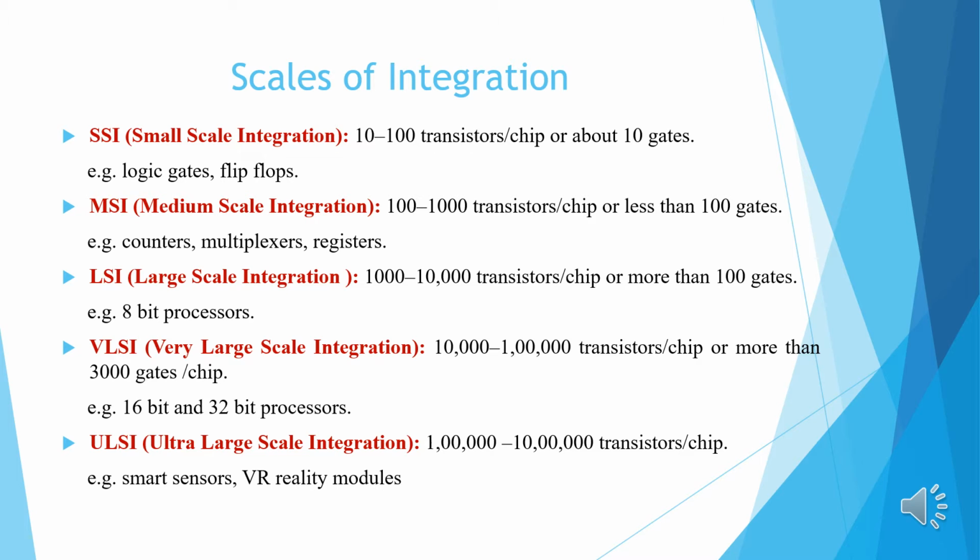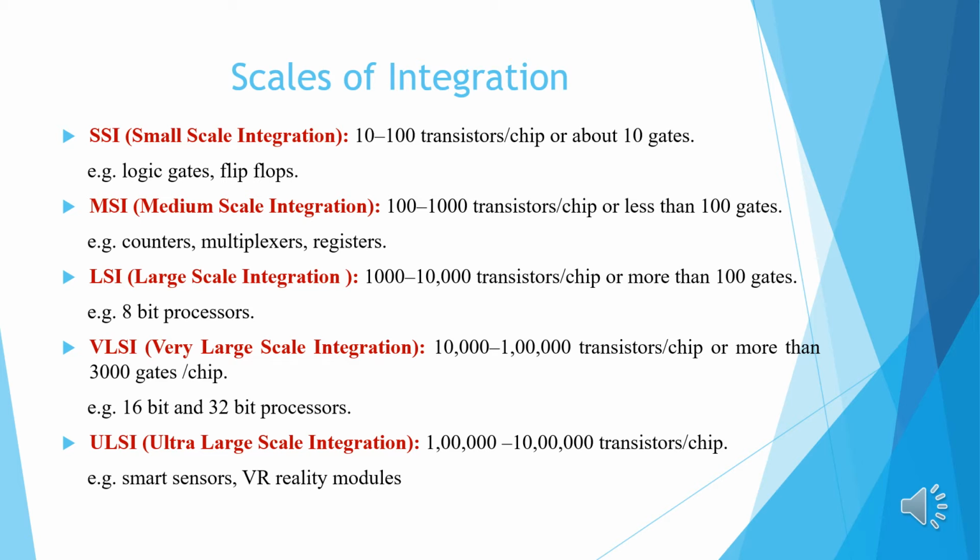An IC combines both active elements like diodes and transistors with passive elements like resistors and capacitors. The number of components fitted into a standard size IC represents its integration scale. In other words, it is a density of components or transistors on a chip. Scales of integration are classified as small scale integration, medium scale integration, large scale integration, very large scale integration, and